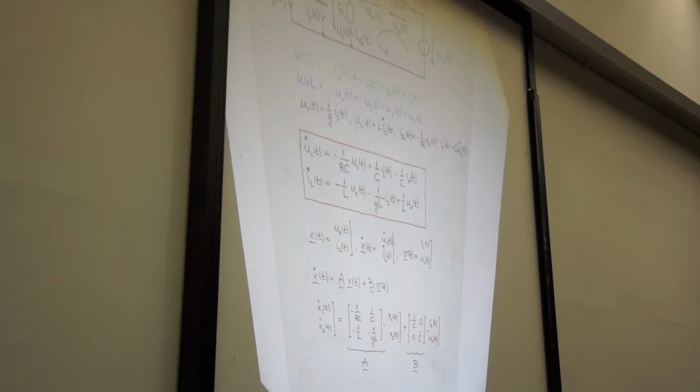So the nice and really compact and efficient way to describe such a system is to put these two state variables, in this case the voltage across the capacitor and the current through the inductor, and pull them together into one two-dimensional vector x, where we have the two state variables. If we take the derivative of the vector, and remember, taking the derivative of a vector is applying the differential operator to the individual elements of the vector,